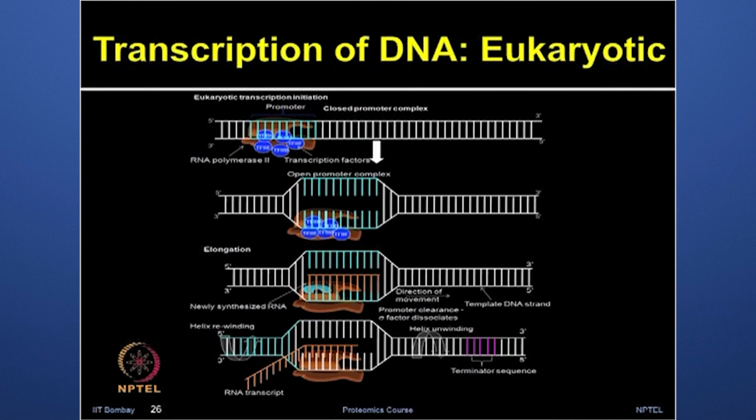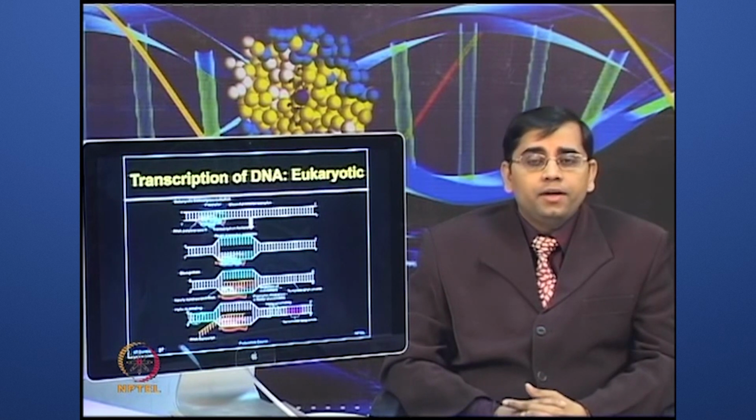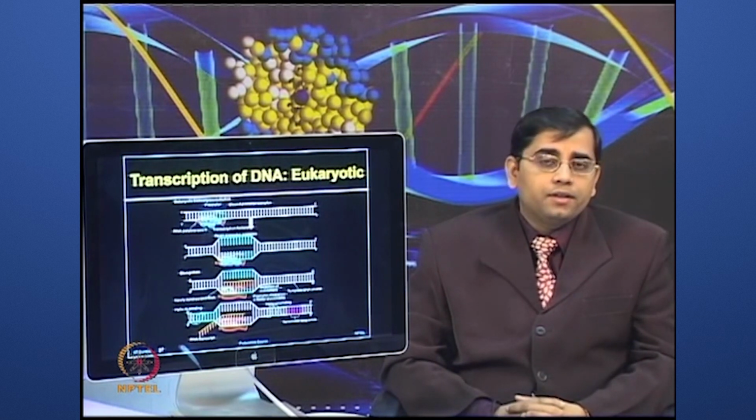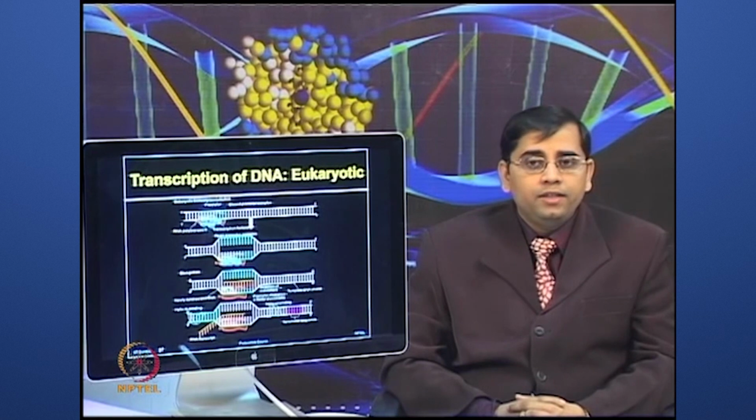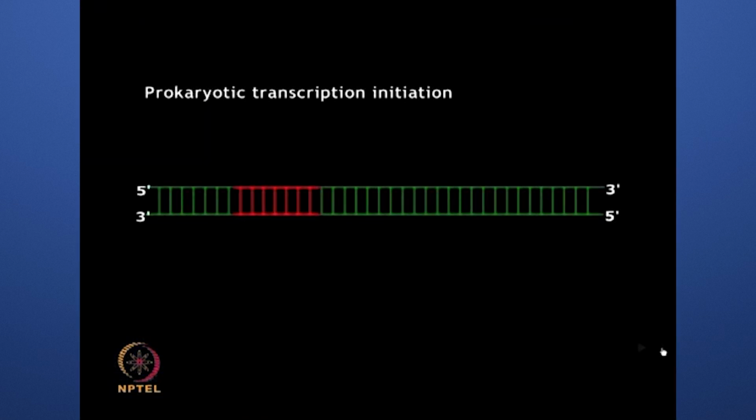The RNA polymerase II does not bind directly to the promoter DNA, but rather to the transcription factors, one of which recognizes the TATA sequence in the eukaryotic promoter. So, let us discuss the prokaryotic and eukaryotic transcription in more detail in the following animation. Transcription is the process